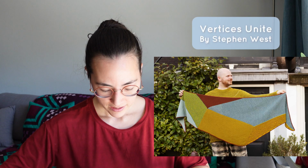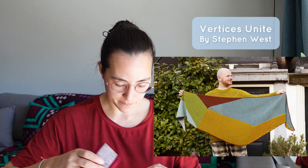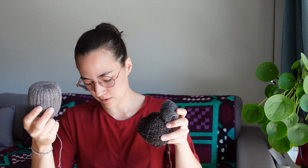And the last plan is the fingering weight shawl that I mentioned, that I wanted to do in brioche and garter, but I think I'm gonna switch plans to do the Vertices Unite by Stephen West, because what I have is a lot of leftovers in those kind of dark burgundy tones and grey. This is only two of them, but I have more. Those kind of greys of all density or deepness or whatever